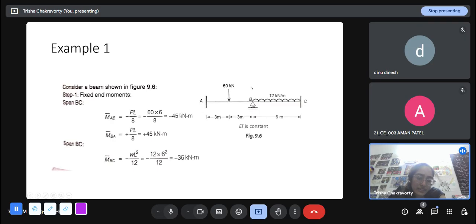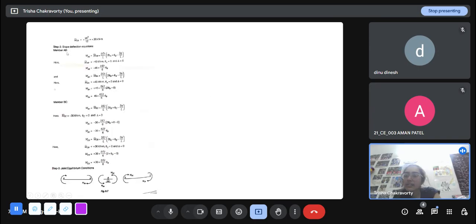Here, the delta in the upward direction, the vertical direction, is restrained, but the theta is free. And here, again, everything is restrained. So I just have one unknown here. The degree of kinematic indeterminacy in this structure is 1. Even if you put it in the formula, you will see there are 3 joints and 5 support reactions, no, 3 plus 1, so 7 support reactions. So there is 1 degree of kinematic indeterminacy.